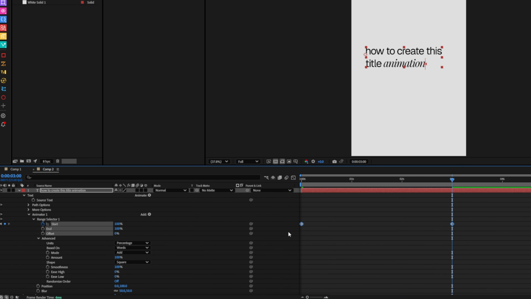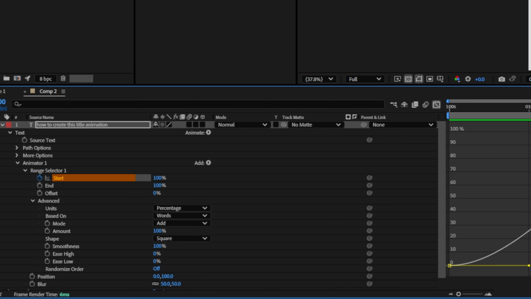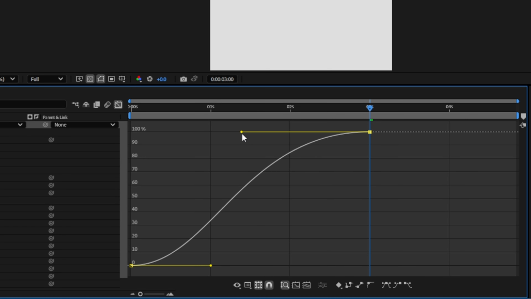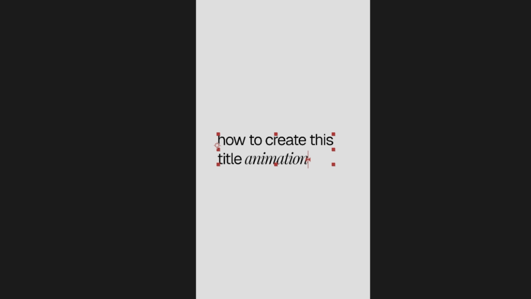Now, select both keyframes and press F9 on your keyboard to create a smooth animation. Then go up to the graph editor up here. Make sure you only have the start property selected, so it's not too confusing here. Select the second keyframe, and whilst holding down Shift on your keyboard, you can drag this handle so it covers about 2/3 of the total animation. Now if we play this back,